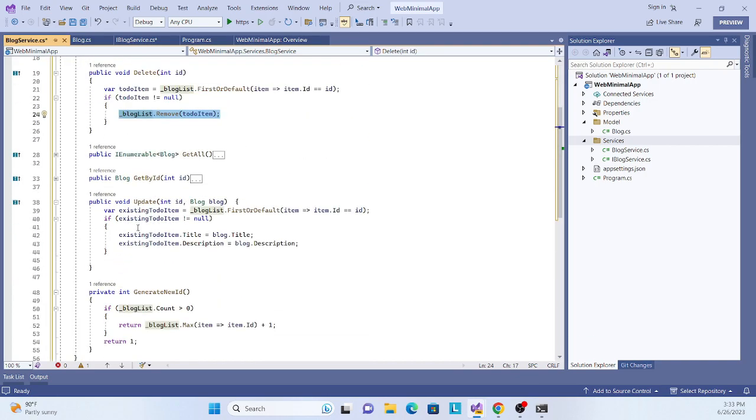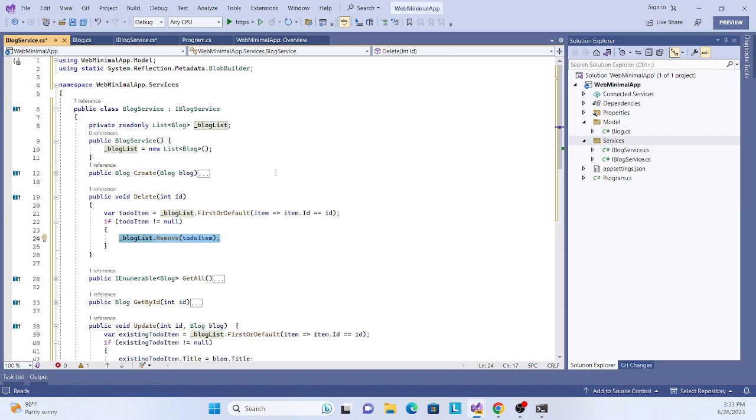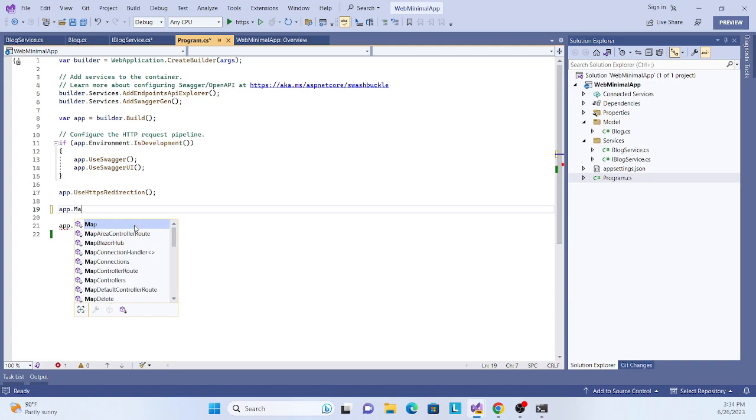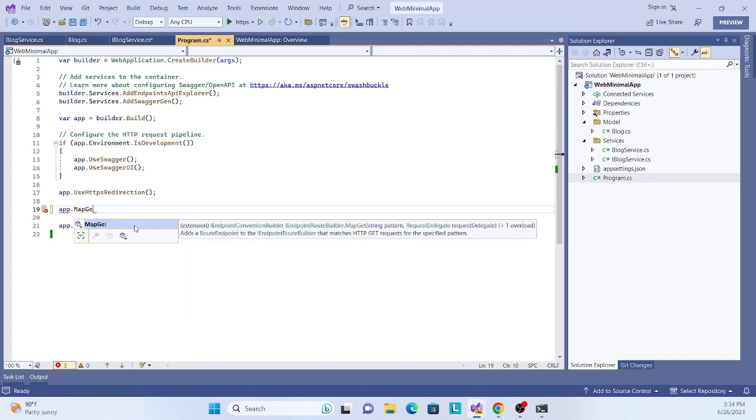Okay, so these are done, implementation all done. Now what we need to do is go to our Program.cs file and create the endpoint. First we'll create the endpoint for GET. You just use app dot, if you want GET, this is get. If you want POST, so